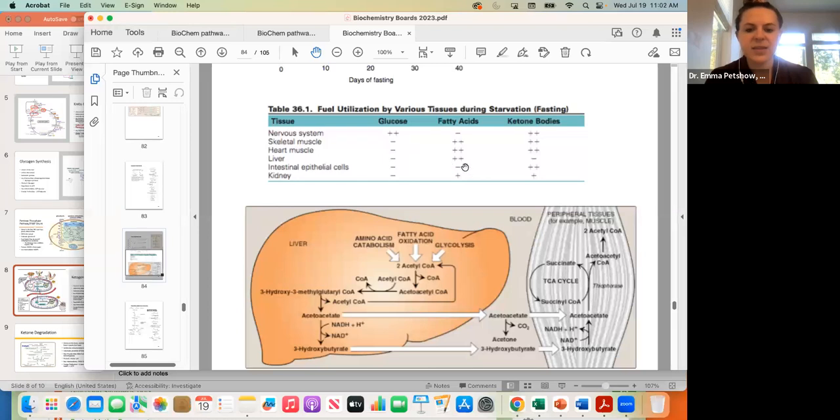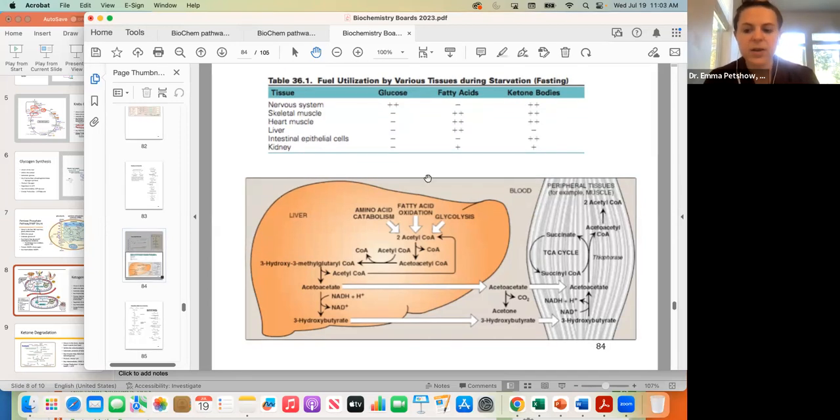Any glucose that's left when you're in a starvation fasting state will go to the nervous system. And then the intestinal epithelial cells are interesting in that they don't use glucose or fatty acids, but only ketone bodies in a fasting state. Liver will not use ketone bodies in a fasting state, so liver and brain are similar in that process. Keeping those pieces in mind, those can be high yield questions because they're connecting you back to physiology and to anatomy. So I want to talk about actually how we get here.